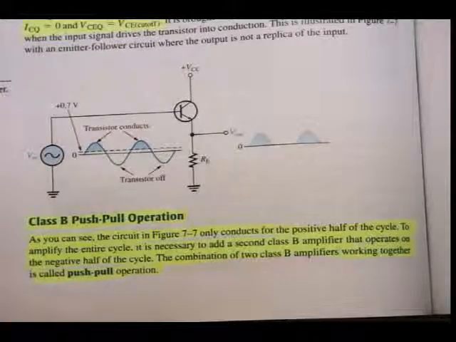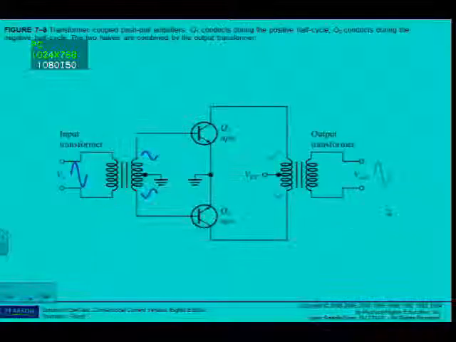Now there are two types. Make sure that you get the name correct. Some students give me the strangest names. Two common approaches. The first one, transformer coupling. Now if we go and look at that circuit,